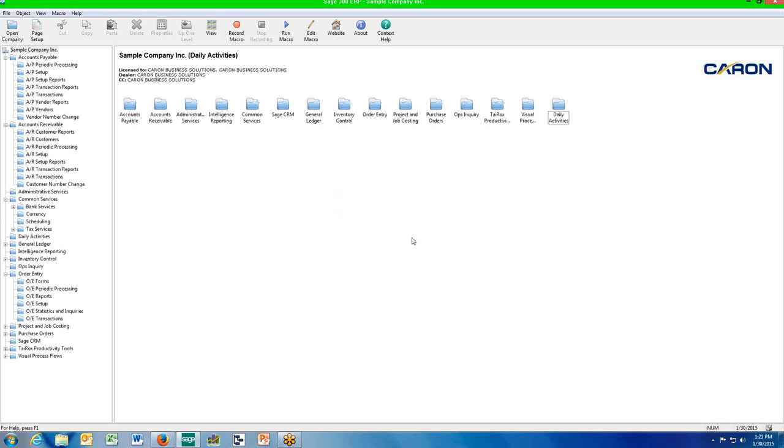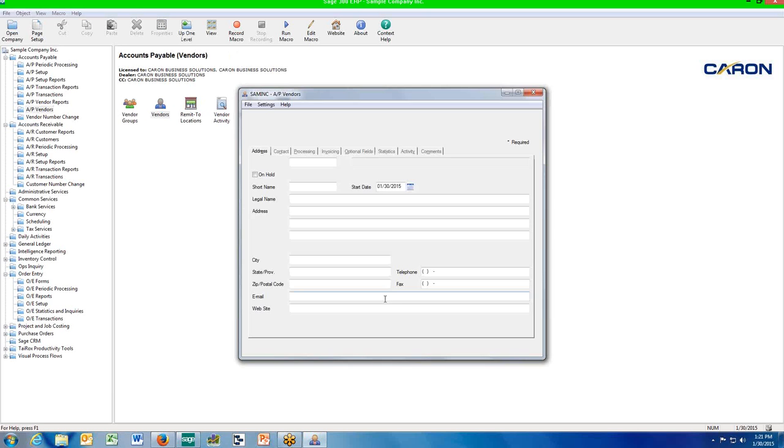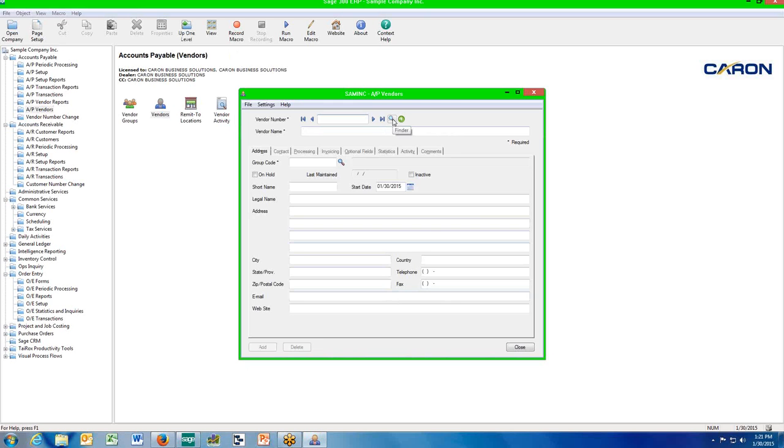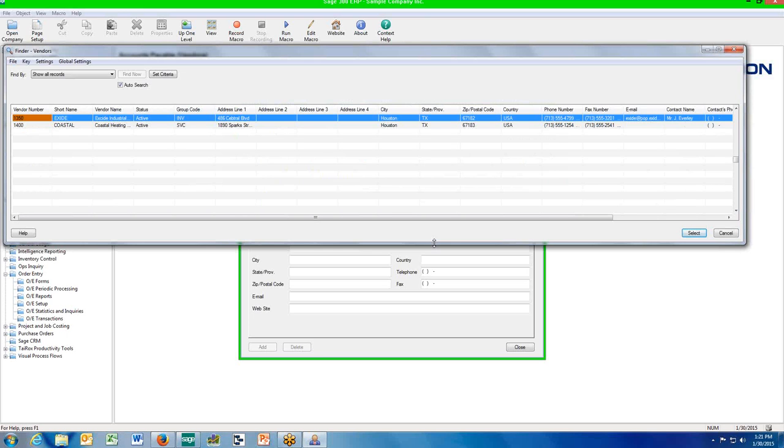So I want to talk now, we've seen a couple of shortcuts there, a way we can personalize the product. I want to talk a little bit about personalizing the Finder. You're all familiar with the Finder. We're going to go into Accounts Payable Vendors. And of course, we can access the Finder by clicking on the little magnifying glass or pressing the F5 key on our keyboard. Now, the Finder is just like a data entry grid in invoice entry or order entry